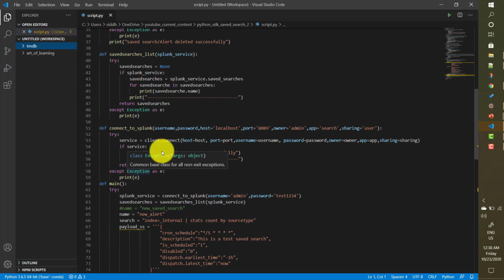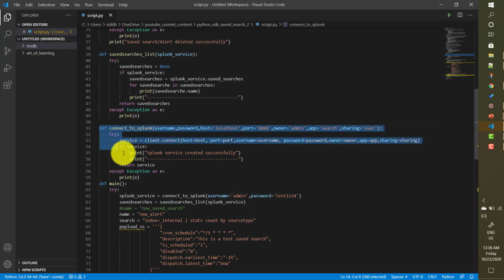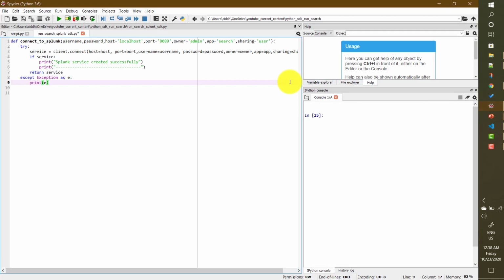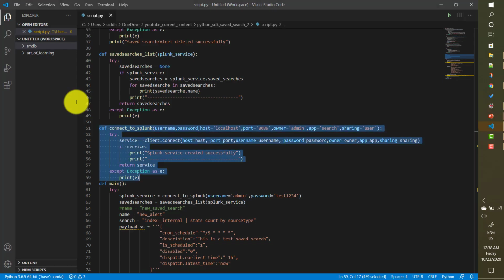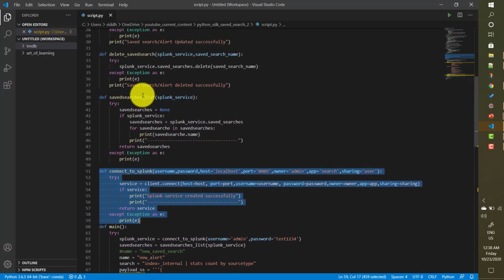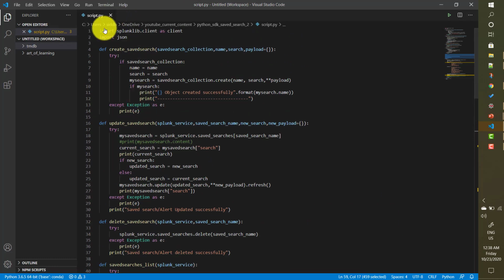So our approach will be similar; we'll only be looking at what the different classes involved are. That's why I will be copying this connect to Splunk method as is into our Spyder. That's the first thing. Now it requires the Splunk library client, so I will import splunklib.client as client.